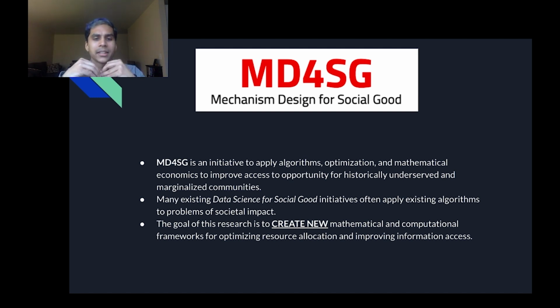And I think this is important because there's a lot of talk about how do we achieve fairness and reduce bias in machine learning models, which really just treats the symptoms. And I think mechanism design is really good at addressing the underlying causes. Yes, you can devise a model and make it more fair according to some algorithmic fairness metric, but you're really just treating the symptoms, which is the model performance, but you're not changing the underlying data. With mechanism design for social good, by creating new algorithms and new computational frameworks, you are now addressing the underlying issues. You're creating markets or structures in order to change the underlying data. And I think that's important.